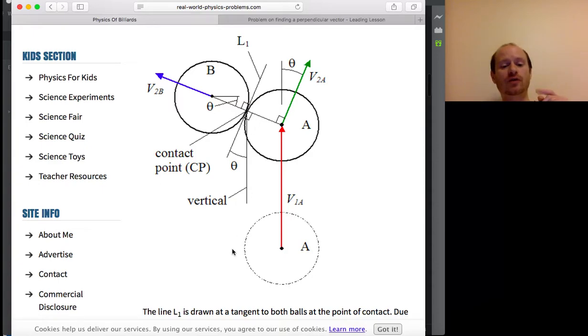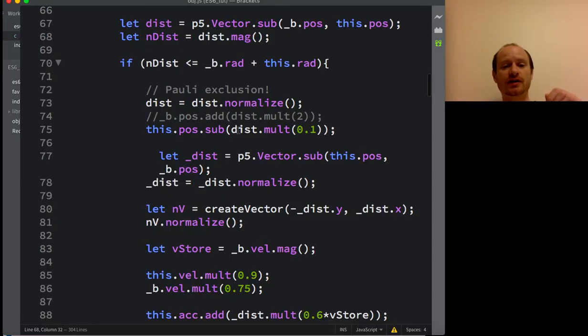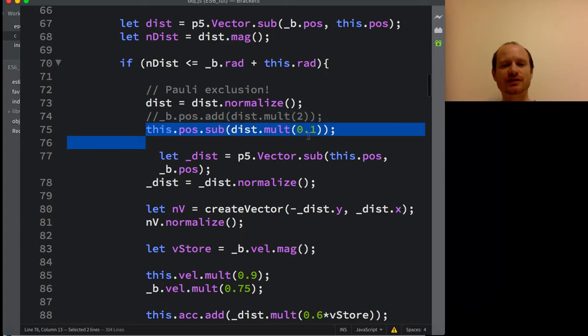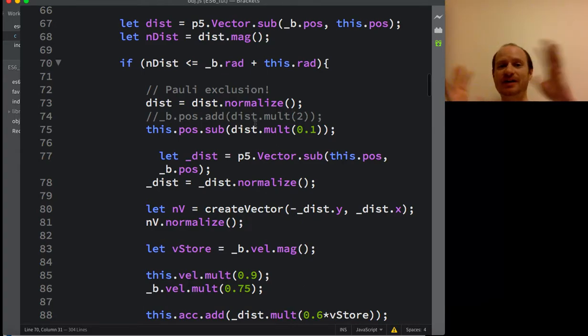So all that subtraction does is move this ball, this is our incidental ball, back along the collision vector until they're no longer overlapping, because we can't get in this bit. That backsliding only happens if the balls are overlapping, so it won't keep sliding back if they're not touching. So the first thing we do is make sure that the balls aren't overlapping anymore. If you don't do that, you'll get horrible